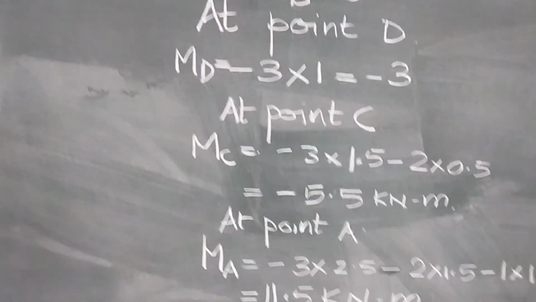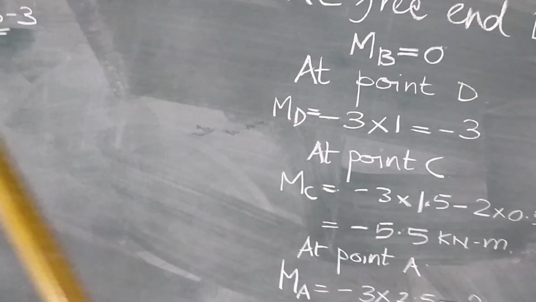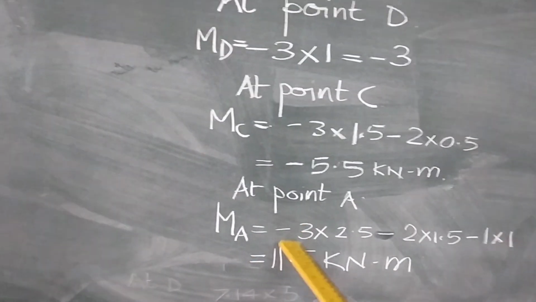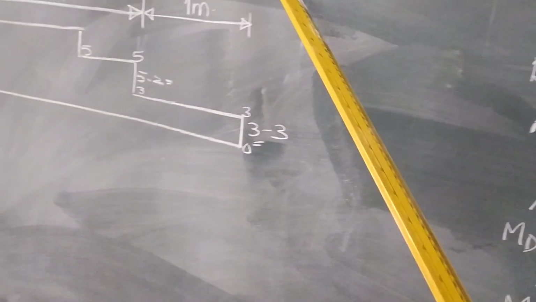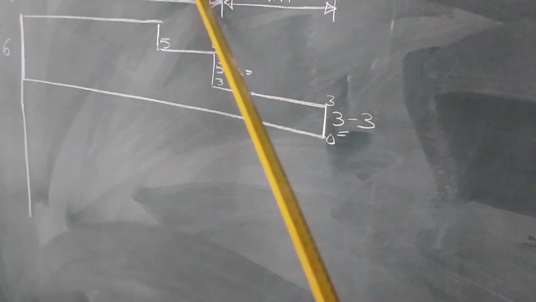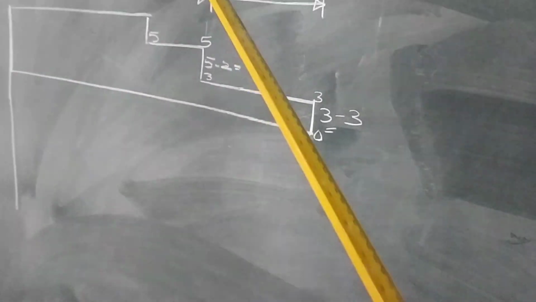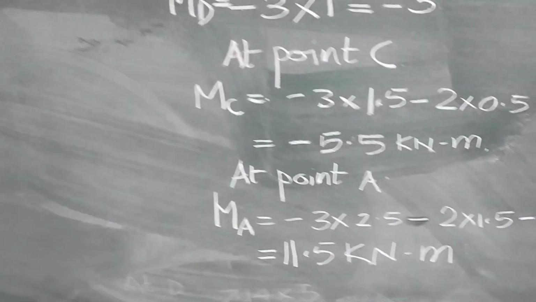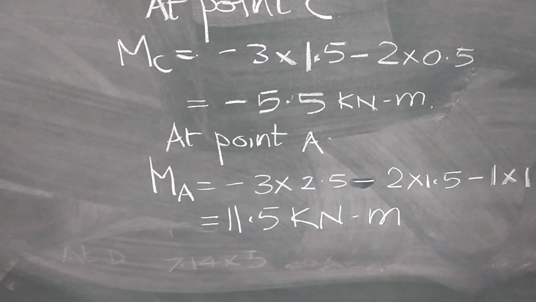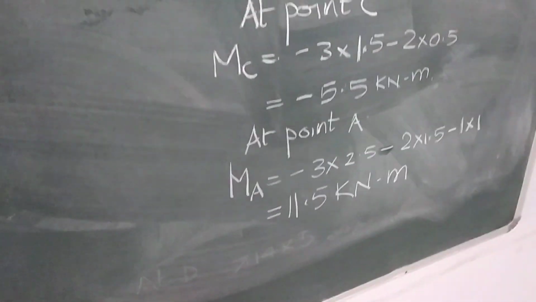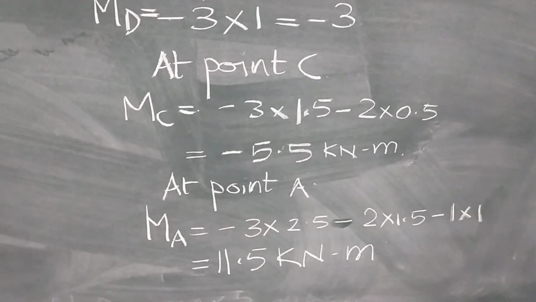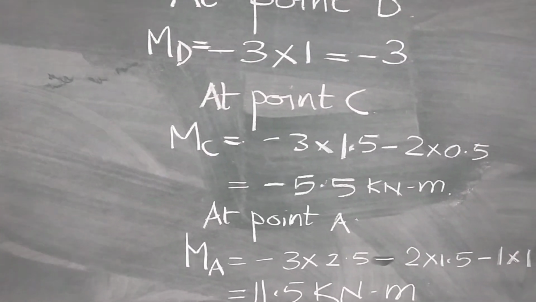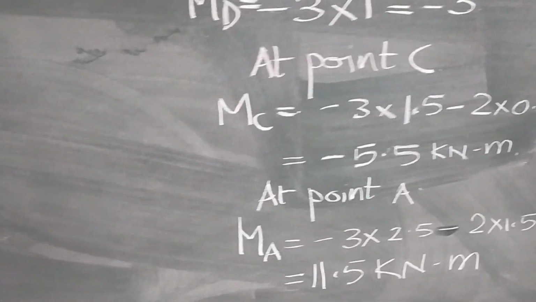Take all the three forces. All forces are towards right. So minus 3 into 2.5 minus 2 into 1.5 minus 1 into 1. So it is nothing but minus 11.5. Now let us locate these 3 points. All are minus. One thing should be clear in your mind, that for cantilever beam, mostly the bending moment diagram is towards negative